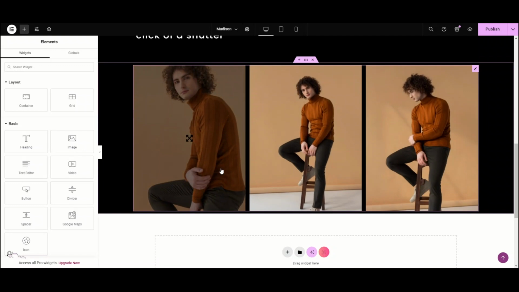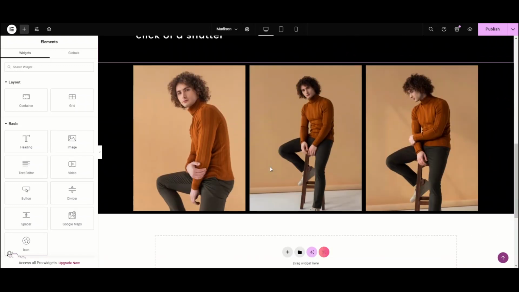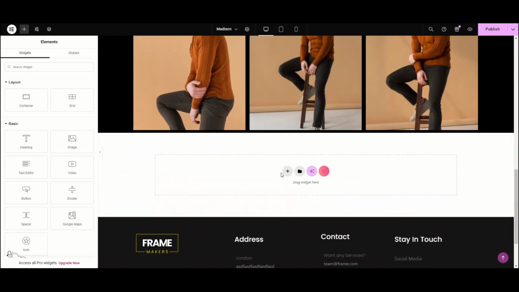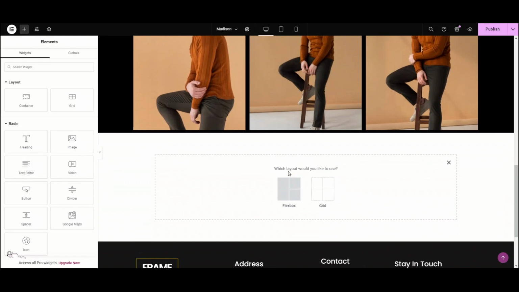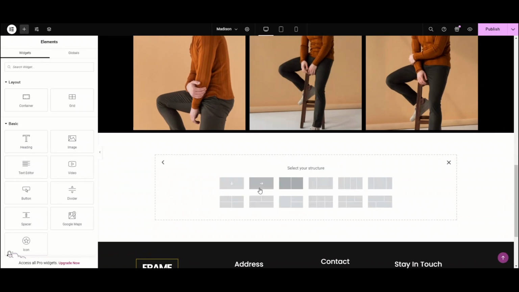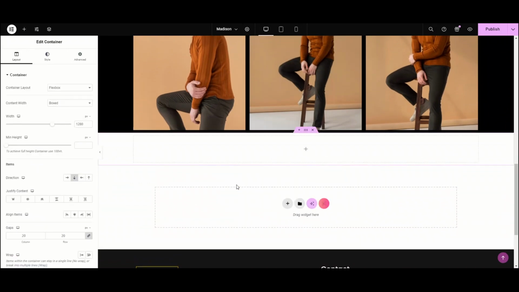Now scroll down to the page, add a new container. Click on the container settings. From here, from the layout tab, we will set the direction from top to bottom. We can also adjust the row gap and column gap. Let's change the background.